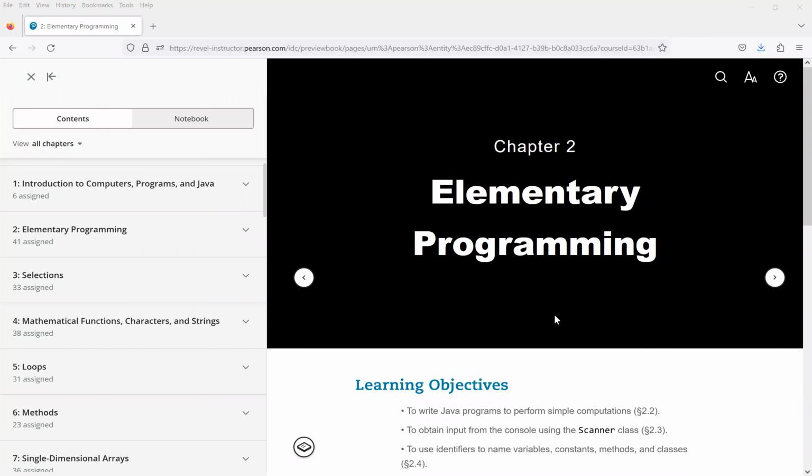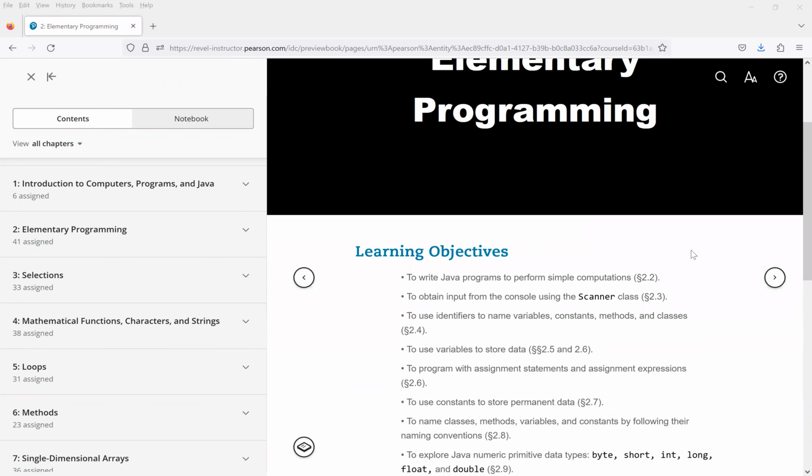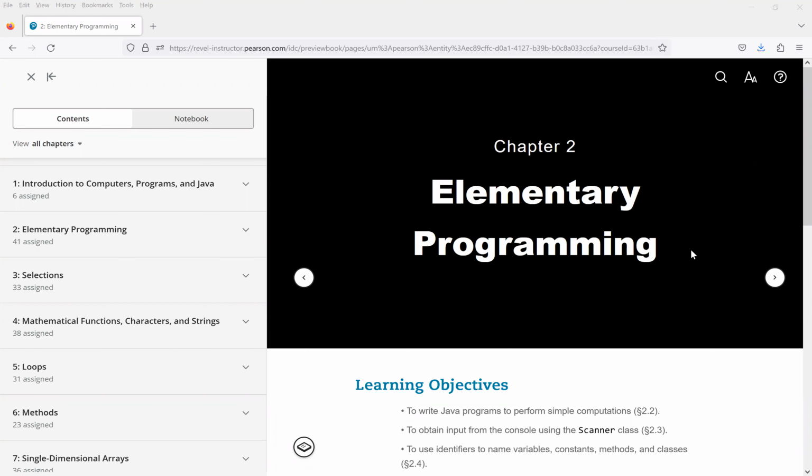Now, let's first look at declaring variables. In Java, when you introduce a variable, you need to declare its type. In this chapter, we will introduce the primitive data types. In the future, you will have another type, that is the object type. Primitive types include